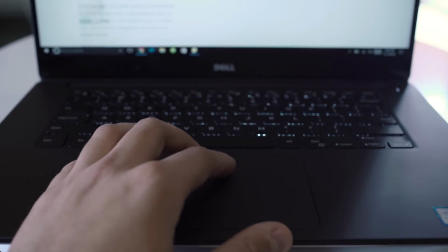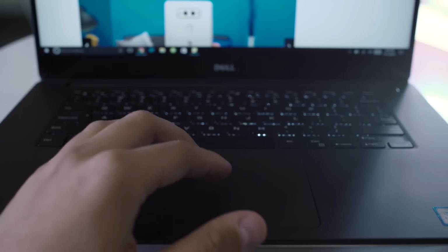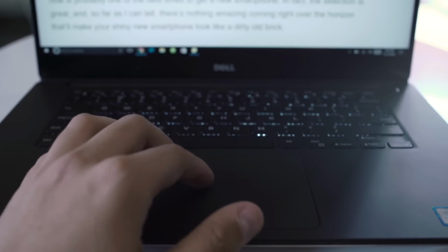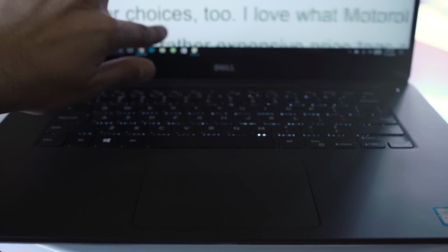Moving on to cons, the first thing I wasn't a huge fan of was the trackpad. There's nothing really wrong with it, but coming from a MacBook Pro where the entire trackpad is clickable, having the bottom only click here on the Dell XPS was a little bit hard for me to get used to. If you're coming from a similar trackpad, it might not be an issue,